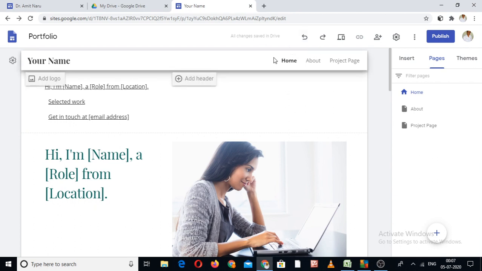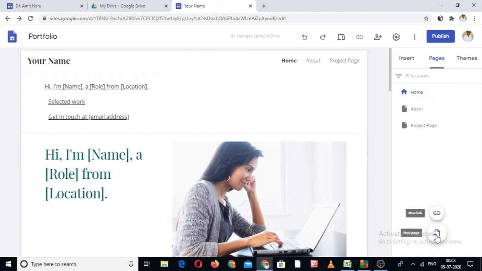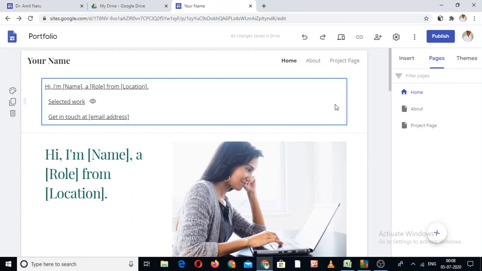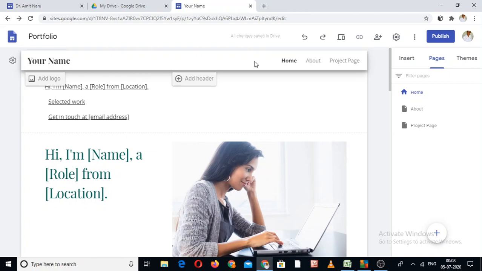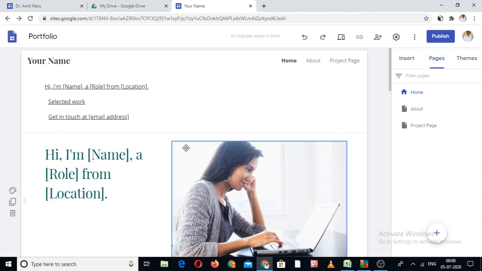Suppose I would like to insert experience or qualification or paper publication. So I go on this plus button and I make one more page, paper presentation. When I complete it, the paper presentation title will be inserted here. And when somebody clicks on my paper presentation title, my complete detail of when and where I presented all my papers will come out here. So this is about the pages, insert and pages.